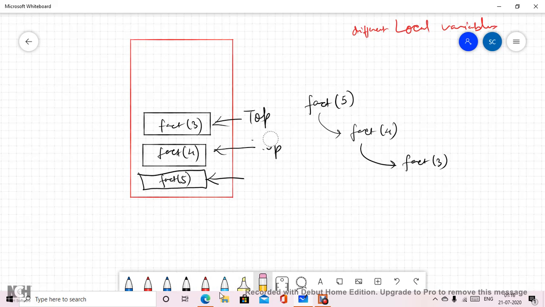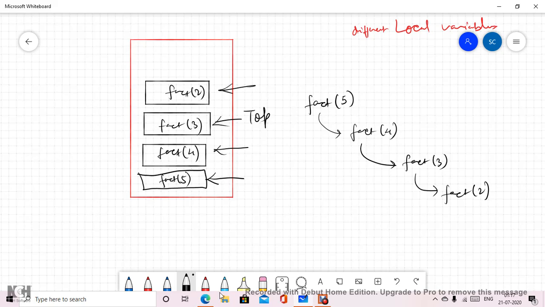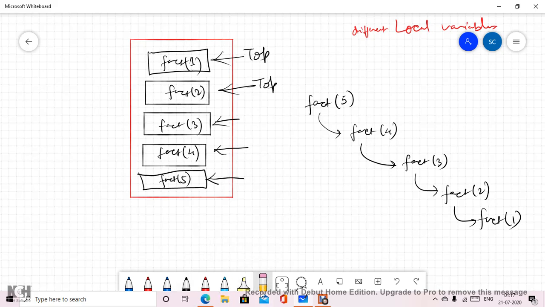Then further, we have fact 2 on the top. Now it will become my top of the stack, and this is no longer the top. Now the last, which is the base condition, is fact 1, and this will become the top of my stack now.